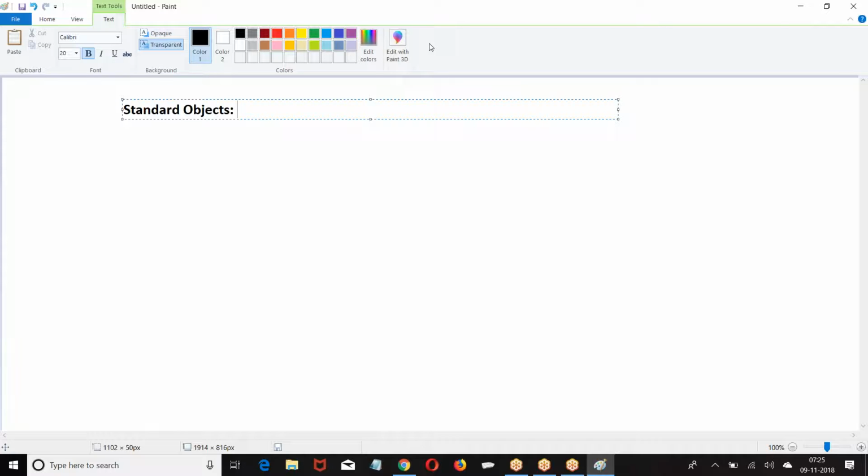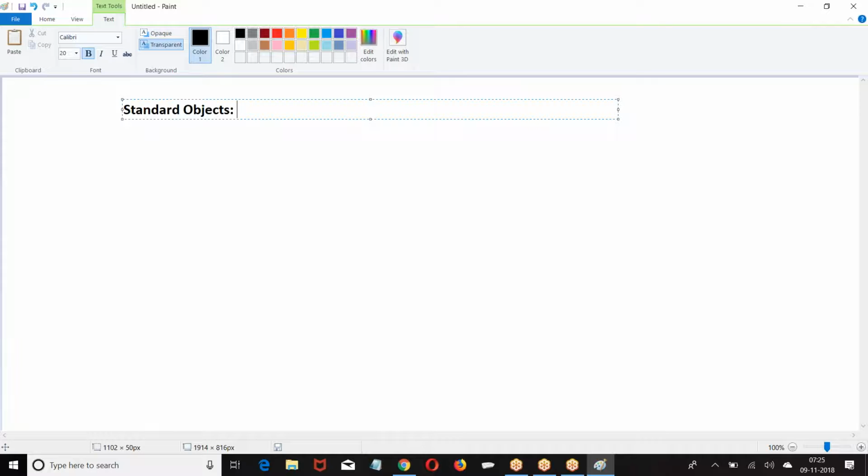Now, custom objects. According to your application and your requirement, whatever objects you want to create are called custom objects.